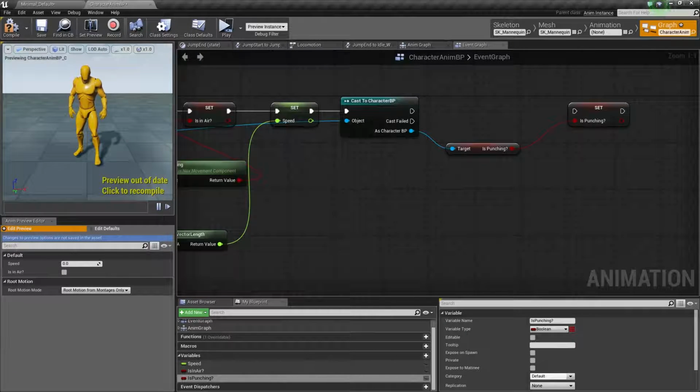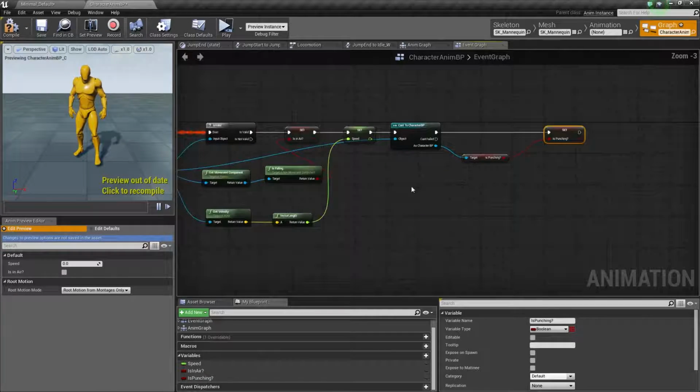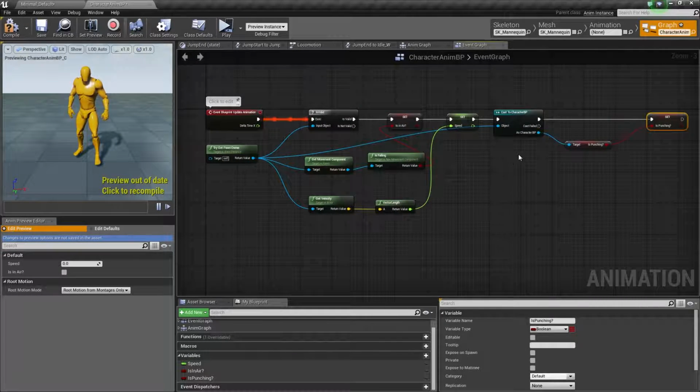Same name, that's fine. And the last thing that we need to do is connect our executable wire here to our set. So if I mouse wheel out and look at our script here, what's going to happen, every frame we are updating and checking to see if we do in fact have a pawn owner. If we don't, we're not going to do anything. If we do, we're going to check and see if the character is falling and set that as the variable